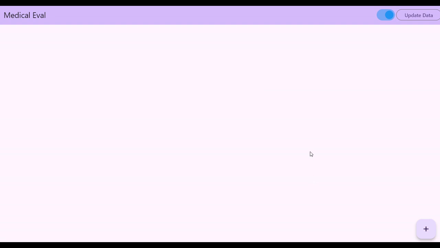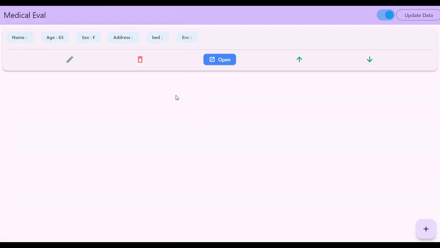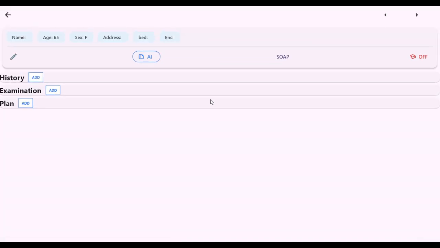Hello everybody. Today I'm going to show you my approach to some of the common problems I've been encountering as an internal medicine resident, and I'm going to show you this through an app I have made throughout my residency. For this example, I'm going to take a 65-year-old female who has come to the emergency